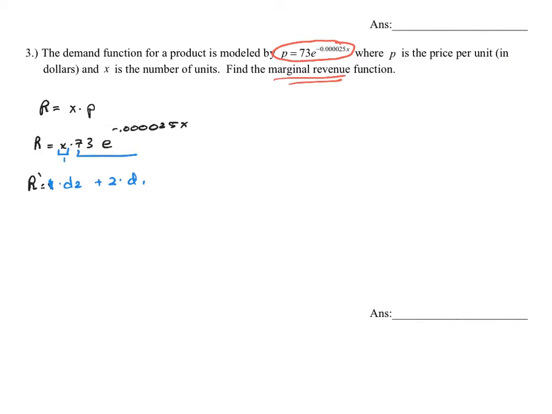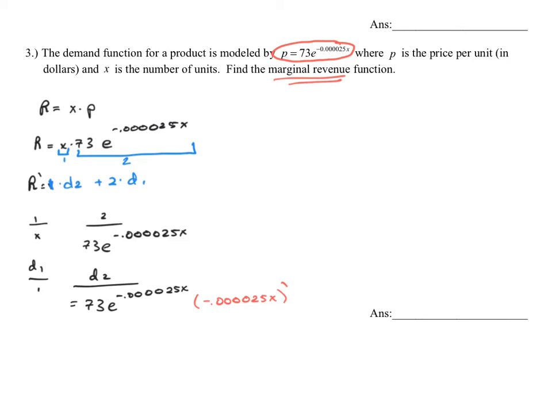x being the first function, 73 e to the negative 0.000025x being the second function. So let's look at those functions and their derivatives individually. The first function is x. The derivative of x is quite simply 1. The second function is 73 e to the negative 0.000025x. The derivative of that, you copy it, and then you need to remember the derivative of the exponent. Since it's just a constant times x, the derivative of the exponent is quite simply that constant, which is negative